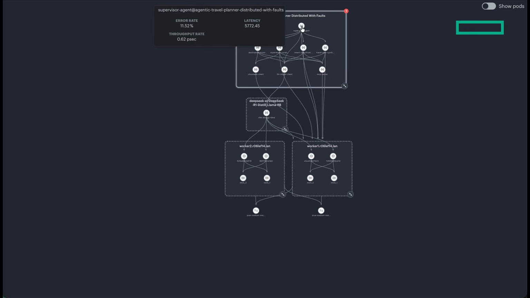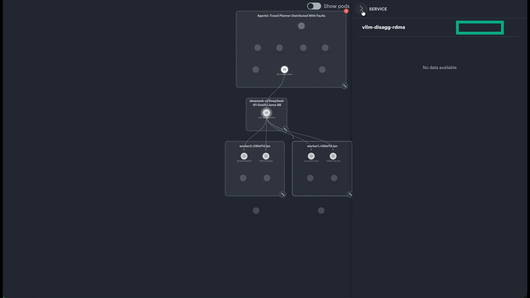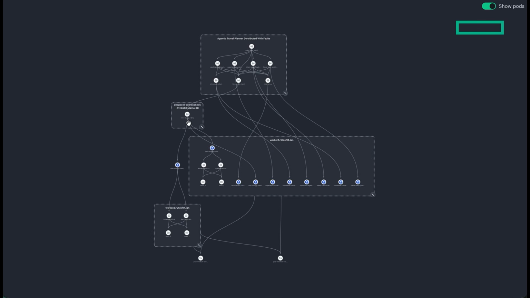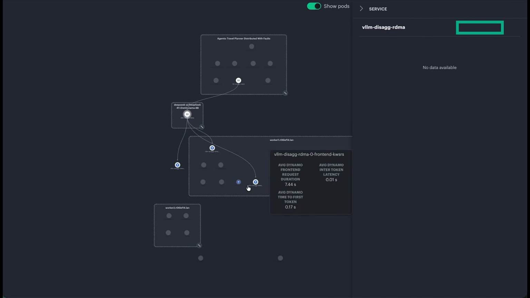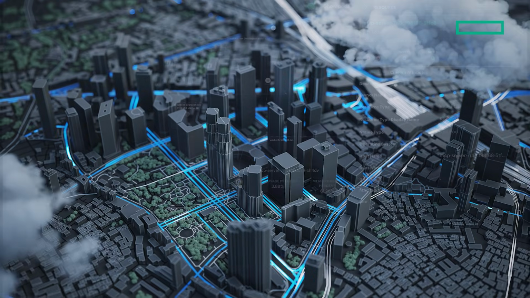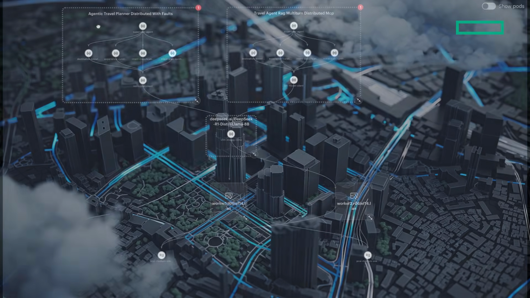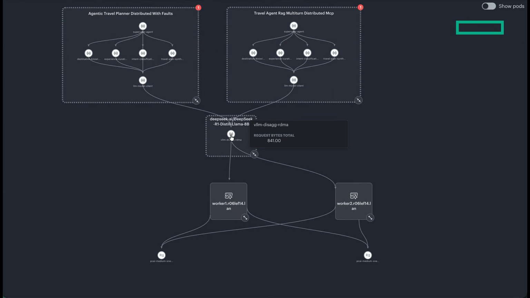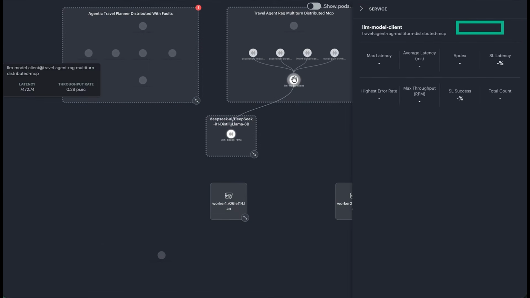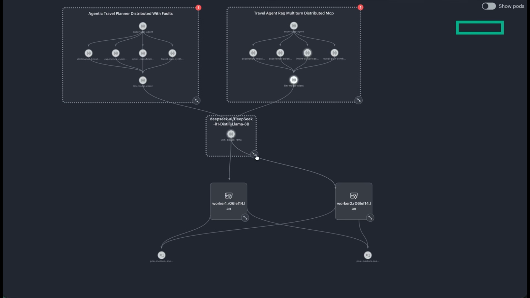At any point, teams can move seamlessly between application, platform, and infrastructure perspectives, including Kubernetes resources and the underlying systems supporting AI workloads. Because models often serve multiple applications simultaneously, OpsRamp also provides a model-centric view, allowing operators to understand how a single model is being consumed across the environment, the applications that depend on it, and the infrastructure resources